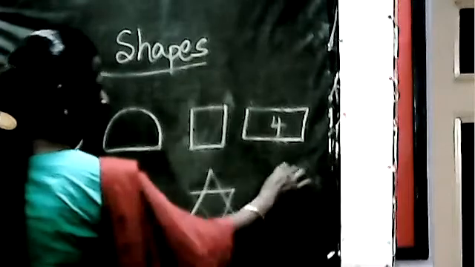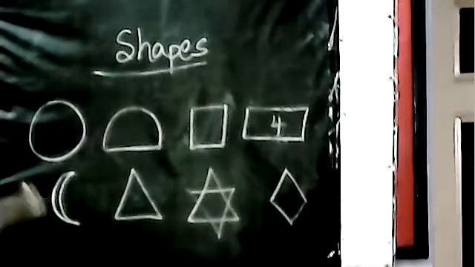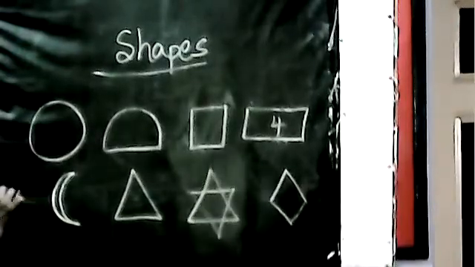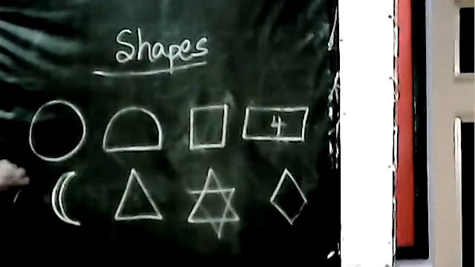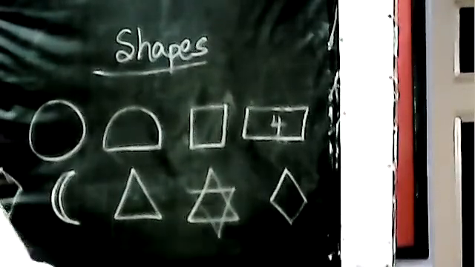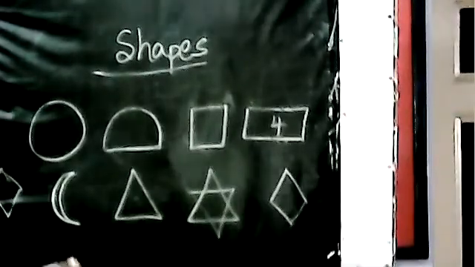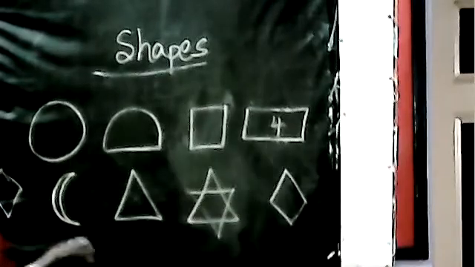See here, so slanting lines. Now see here, the slanting line is coming. See here, for diamond shape, all the slanting lines, right slanting line and left slanting line, they are coming. This is a diamond shape. Okay, what shape is this? Diamond shape. And next one, see here, this is the oval shape.